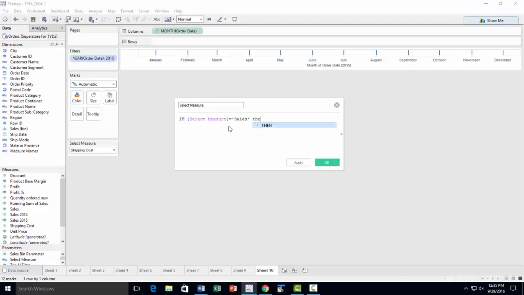Then the field that we want to select is that. So the field is in orange. So if the selected measure is sales, then the measure sales will be put here in the calculated field. Okay. Now if that's not so,